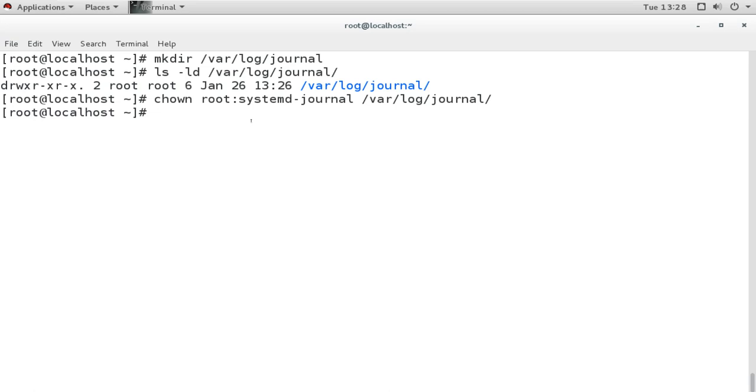Now the group owner also does not have any permission. If you see, it only has read permission. So I will change the group owner permission also.